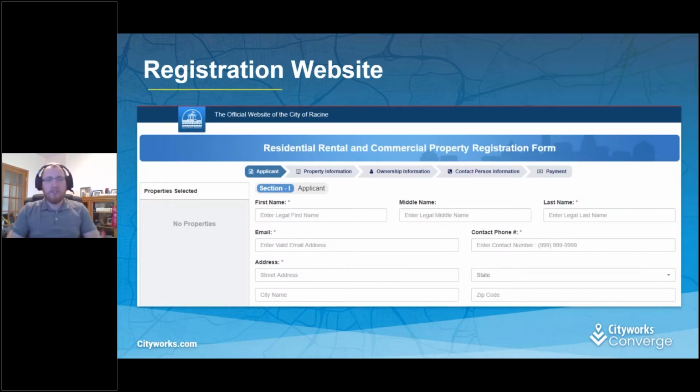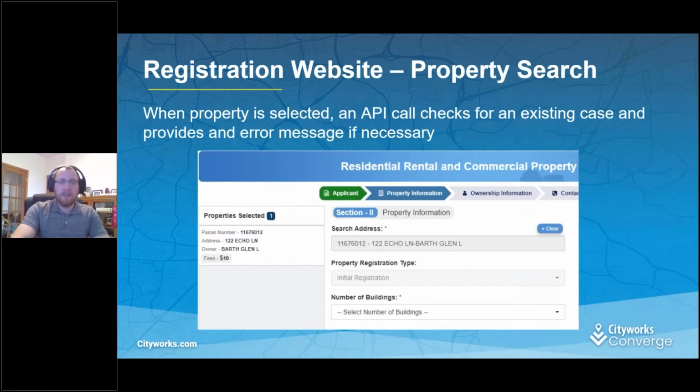So this is the front facing. People asked whether I was using public access or not, but we found that this was a little bit more customizable to do it this way and use the API. So somebody gets a letter or a notification that they need to register their property. They'll start here. They can enter their contact name, just the normal stuff that you'd expect. And then the next slide,